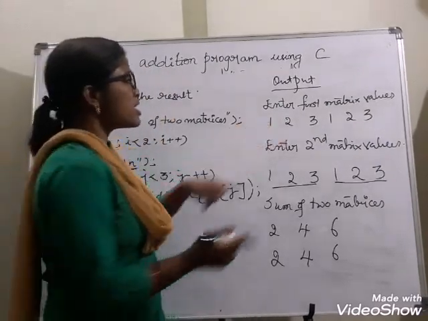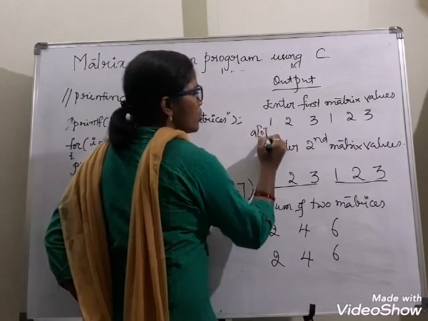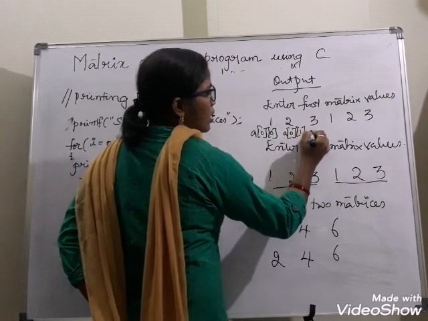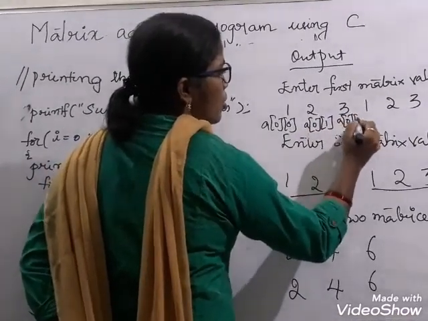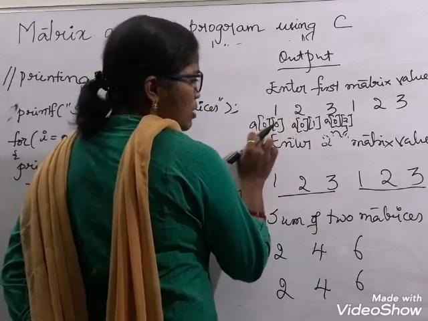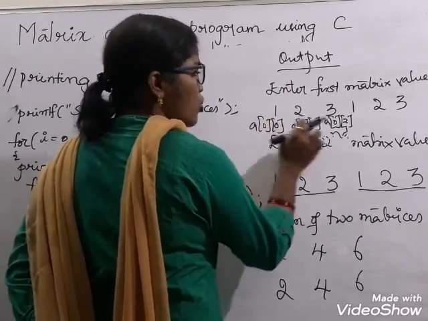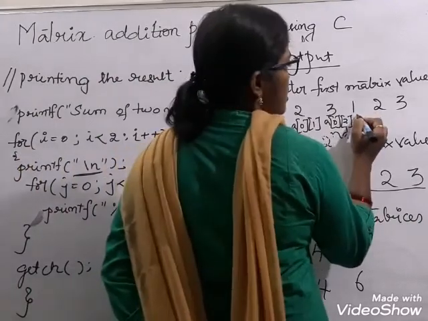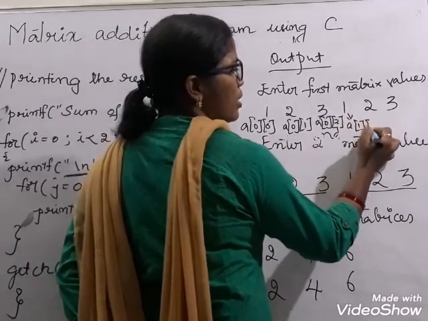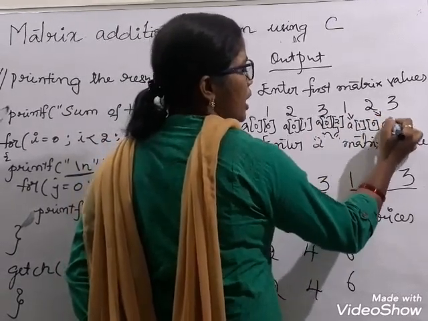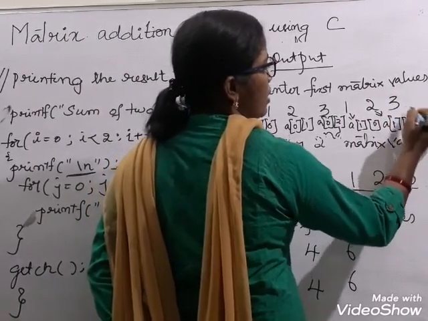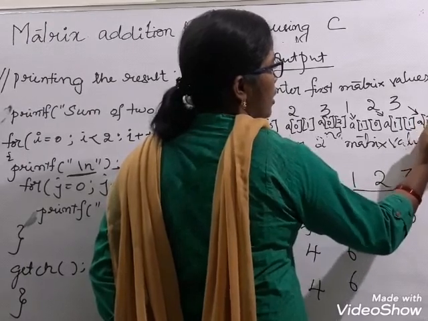Okay, that means this is taken as A[0][0]. Whereas this is taken as A[0][1]. This is taken as A[0][2]. I value from 0. So for i equals 0, j value goes 0, 1, 2. Okay, next, my i value is incremented by 1. So i value is 1, j is 0. This is A[1][0]. i value is still 1, j is 1, and A[1][2].